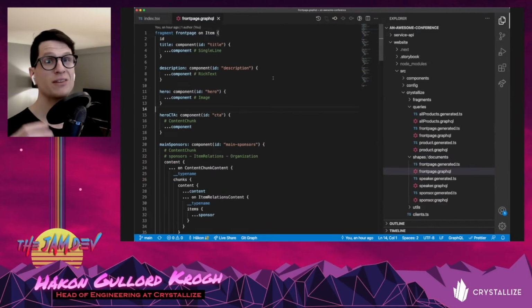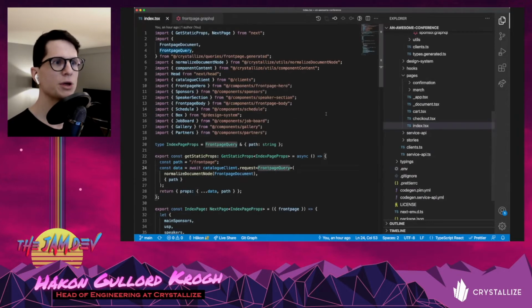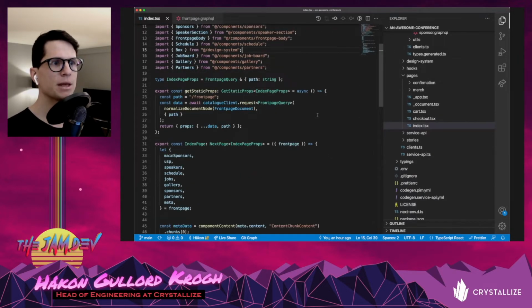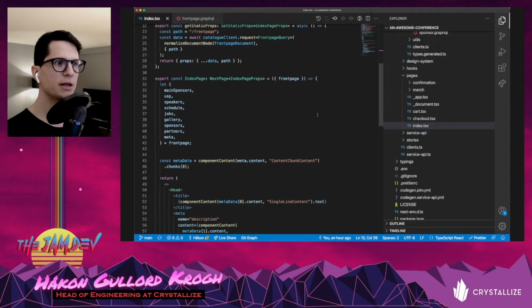And for those of you who haven't seen Crystallize, don't worry about this stuff. It looks weird maybe and very unfamiliar and scary. Don't worry about it. This is just the way that you can pull data out. So this is just pulling a title, description, hero, CTA, and so on and so forth. We're not going to look much at this. I just wanted to show you. And this is essentially how you pull it in. It